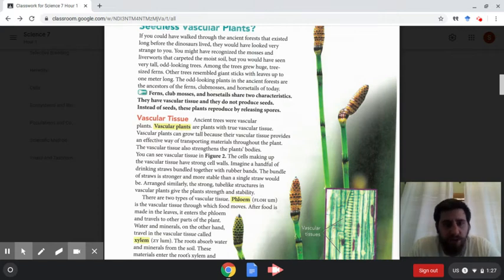They have vascular tissue, and they do not produce seeds. Instead of seeds, the plants reproduce by releasing spores. So very similar to the non-vascular plants, they release spores to reproduce. But